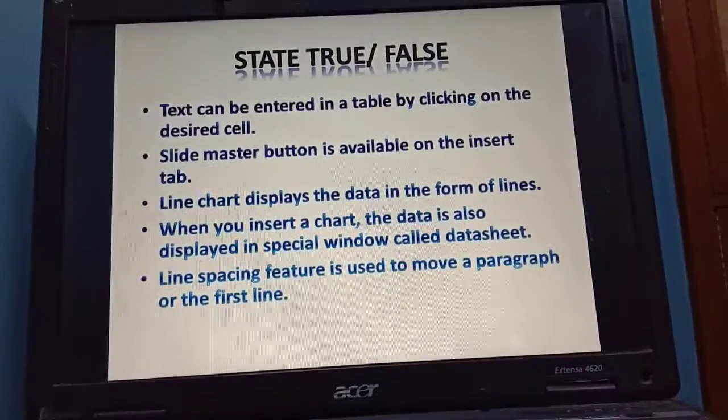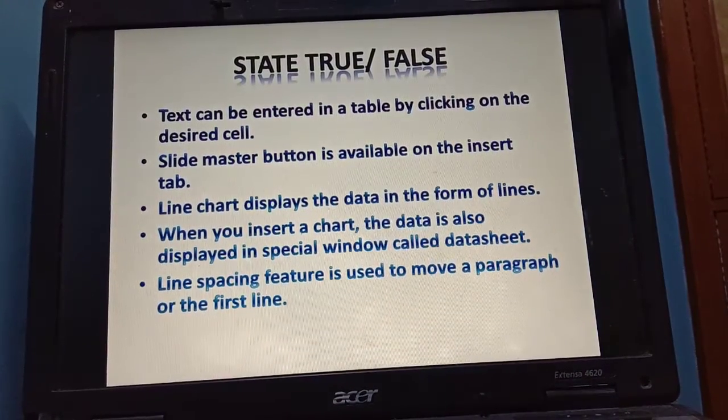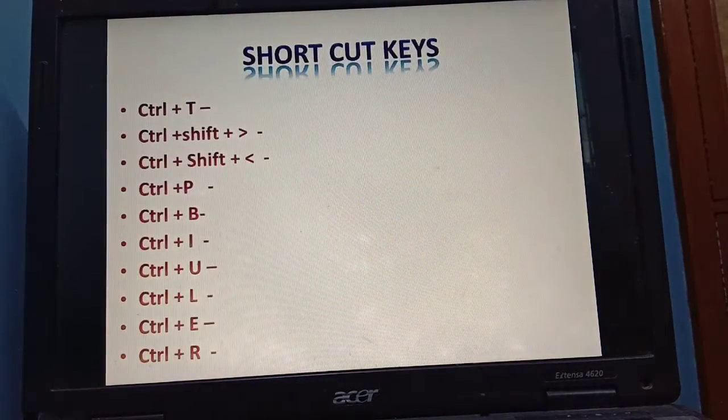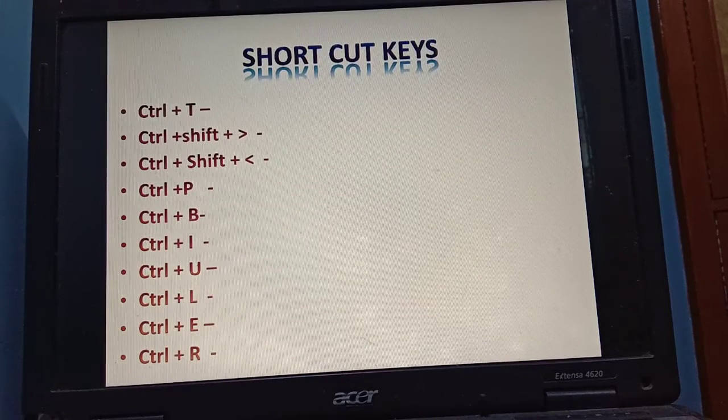So okay student, let's come back to the next topic, that we will discuss some shortcut keys. Is it clear? So what is the use of the shortcut key Control plus T? Think about it. You have to read the chapters carefully. Please keep in mind, for giving your exam or for preparing for your exam, you have to read the chapter thoroughly. So, let's discuss some shortcut keys.